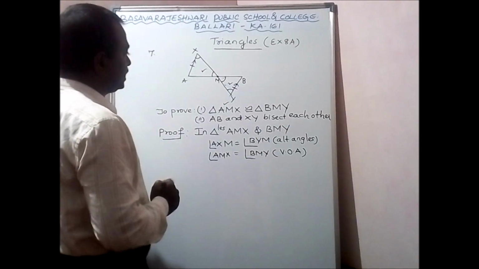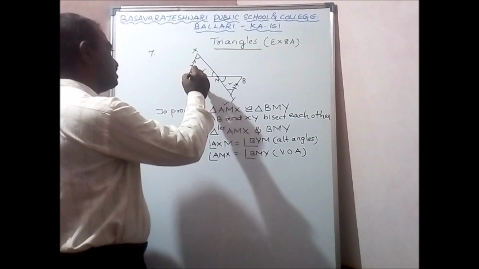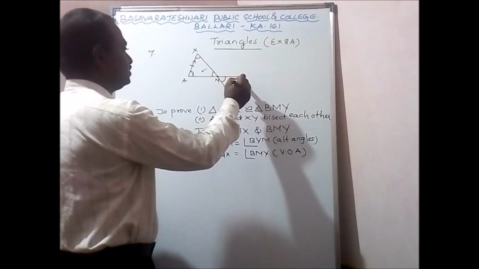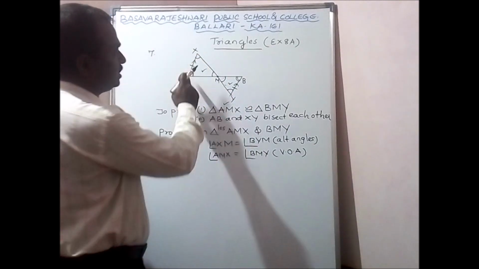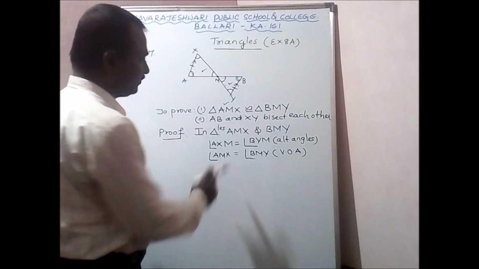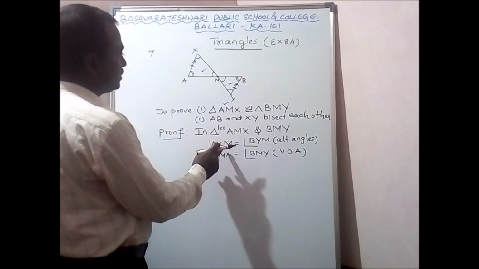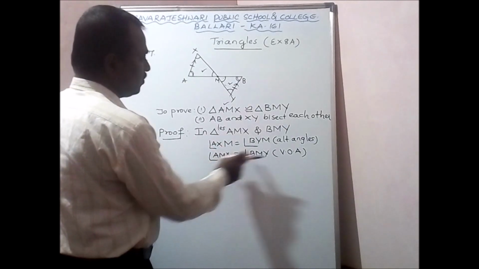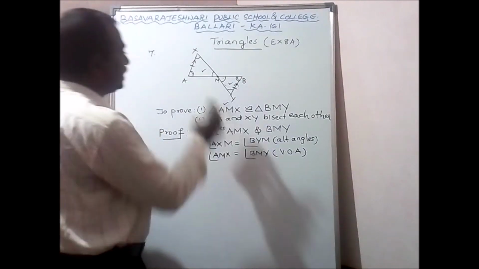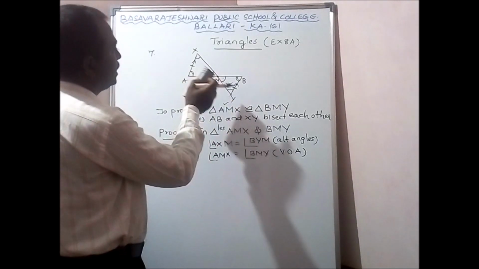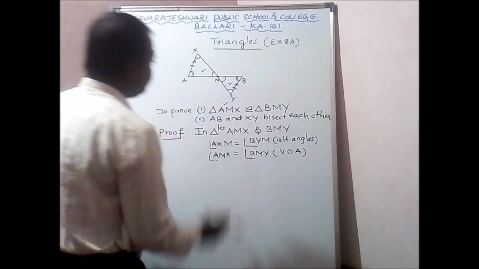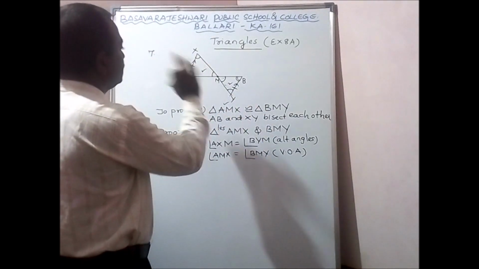So for this, what can we say? ASA also you will get. So I can take this also. So these two angles, so that I can get ASA, because instead of taking this as vertically opposite angles, I can take this as alternate angles in order to prove, because otherwise we get AAS also. Okay, no problem.